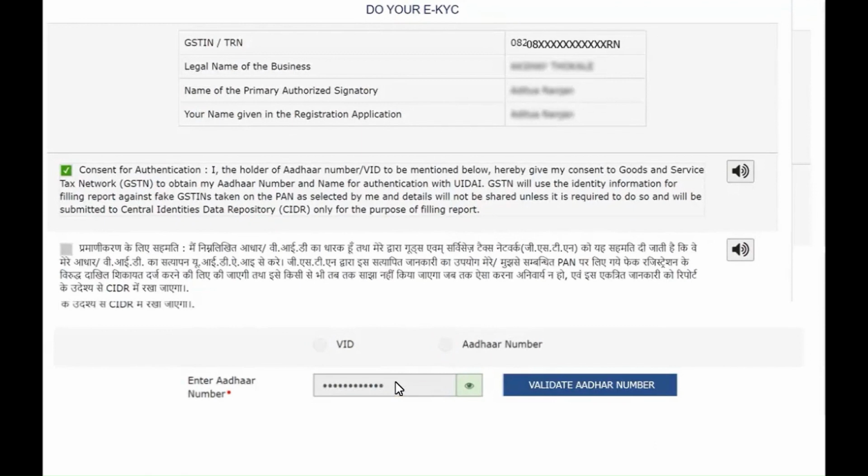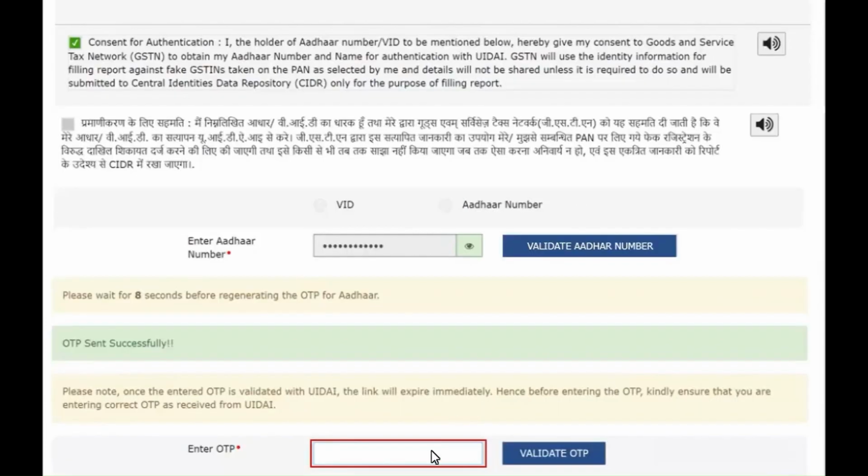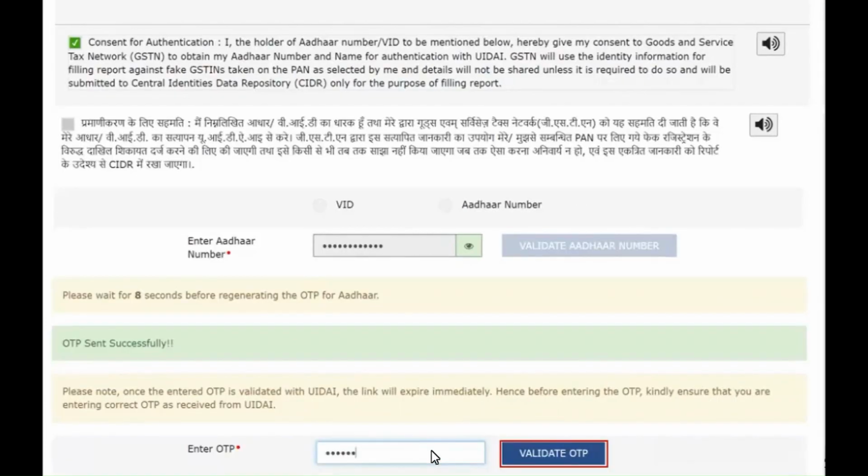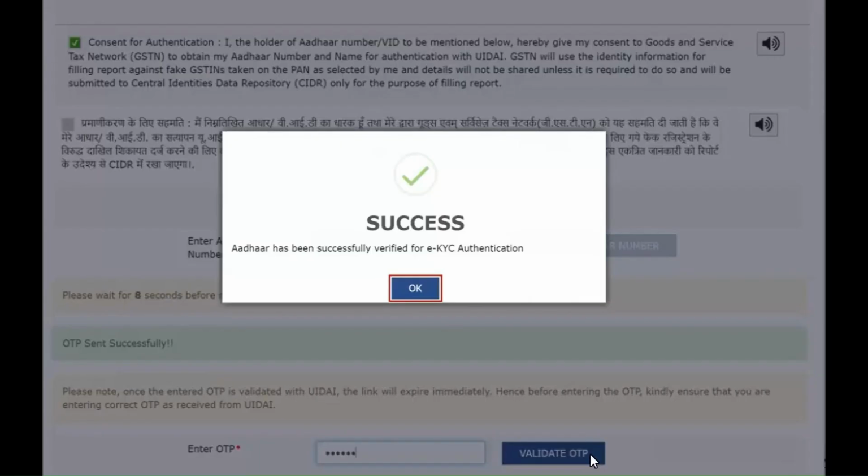Enter your virtual ID or Aadhaar number and click the Validate Aadhaar Number button. You will receive an OTP on the mobile number linked to your Aadhaar. Enter the OTP and click the Validate OTP button. Once the validation is complete, a success message will be displayed on the screen.